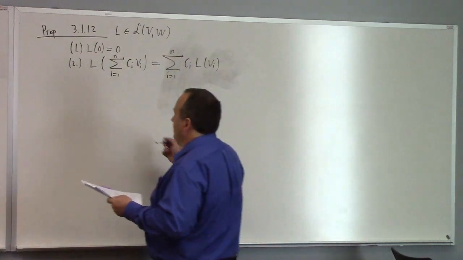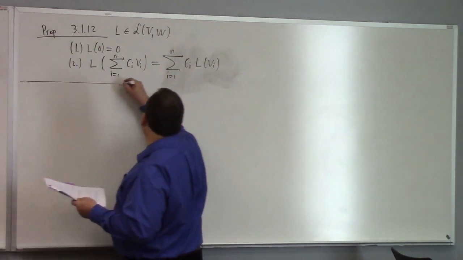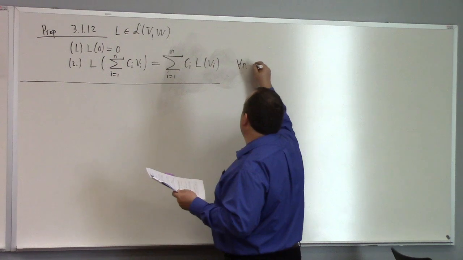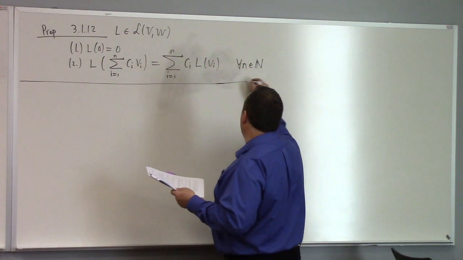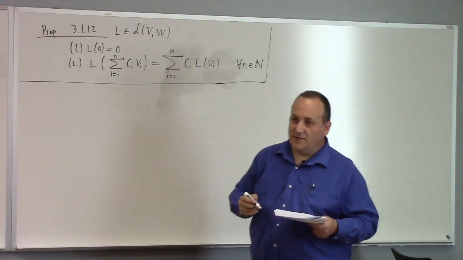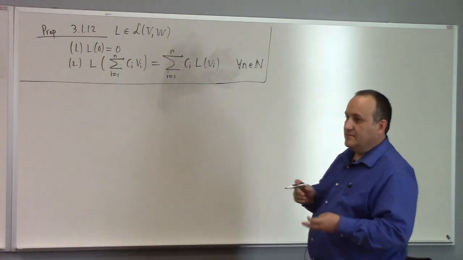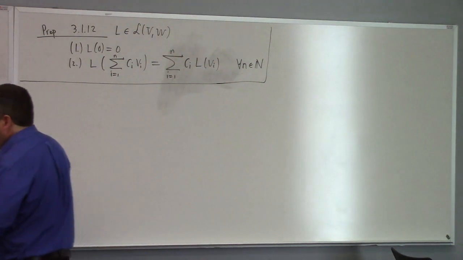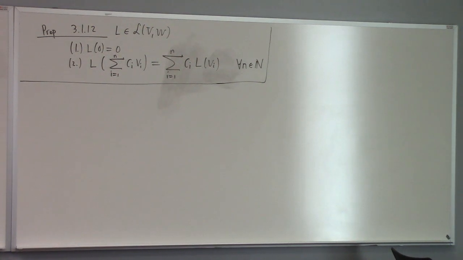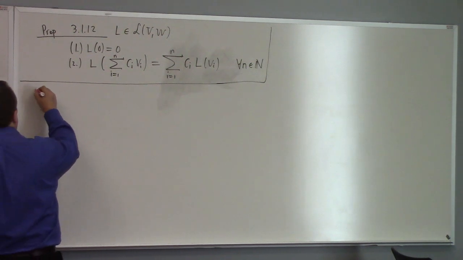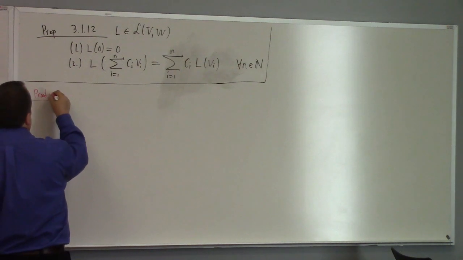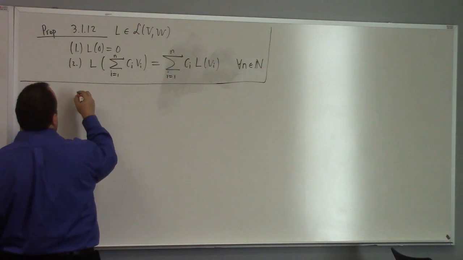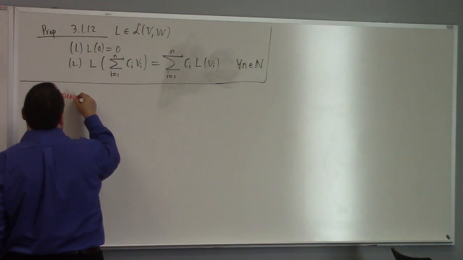All right, so we already proved 1. How should we prove 2? And this is true for all n in the natural numbers. That's kind of a giveaway, isn't it? How do we prove something for all n in the natural numbers? We do what? Induction. Right, so let's prove 2. Let's look at the proof of 2. How does it go? So proceed by induction